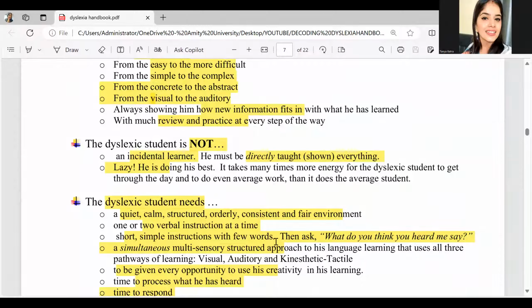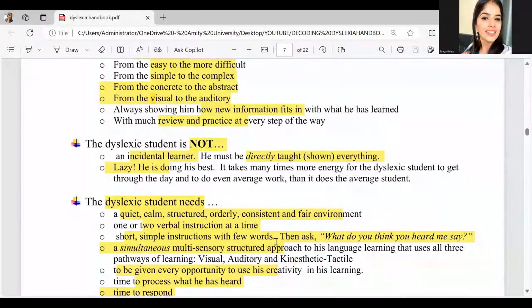Now, the dyslexic student is not an incidental learner. Incidental learning basically means that if we put the child in a situation, if those circumstances are in front of the child, he will learn on his own. No, not at all. He will not be able to learn on his own. It is difficult for him to analyze the situation. So he must be directly taught, shown everything. A situation needs to be created, the conclusion needs to be given,